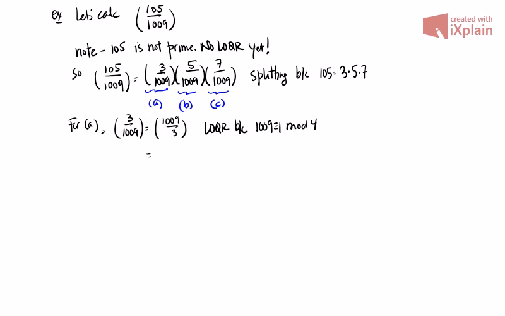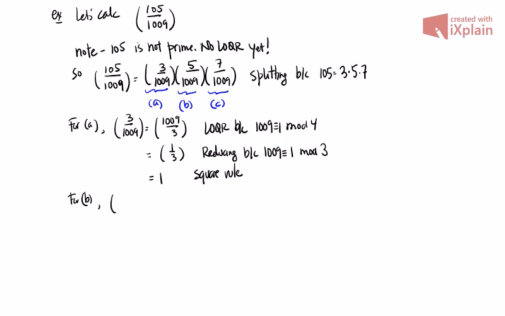So what we can do is we can reduce it. This is reducing, because 1009, there's a little bit of work in here, right? This is congruent to 1 mod 3. We're reducing the numerator mod the denominator. And that's equal to 1 by the square rule. So for B,